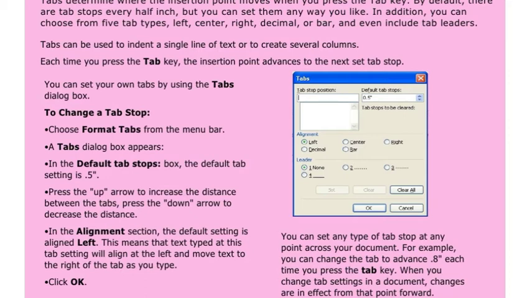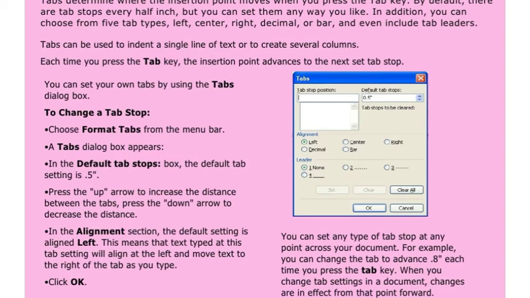Press the up arrow to increase the distance between the tabs. Press the down arrow to decrease the distance. In the Alignment section, the default setting is Left. This means the text typed at this tab setting will align at the left and move text to the right of the tab as you type.